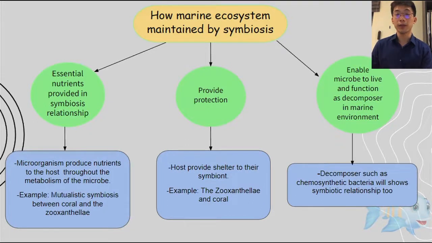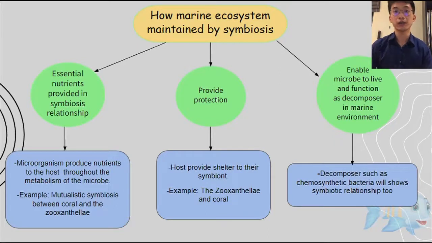Coral plays an important role in maintaining the marine ecosystem because it acts as a shelter for many other marine animals and also helps in nitrogen fixing. Other than that, the marine ecosystem will also be stable when protection is provided to the organisms during the symbiotic relationship because they are able to survive and reproduce. The zooxanthellae will provide nutrients to the coral. In contrast, the coral will act as a habitat for the zooxanthellae that live in the surface tissue of the coral polyps and also help give color to the coral reefs. When the zooxanthellae is able to survive, the coral will be able to get sufficient nutrients to grow and thus play its role in maintaining the marine ecosystem.